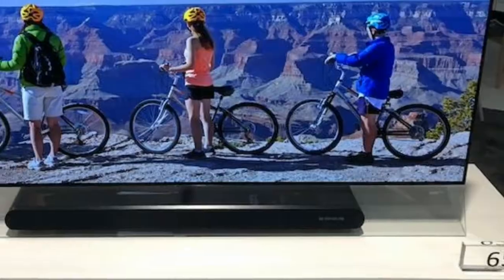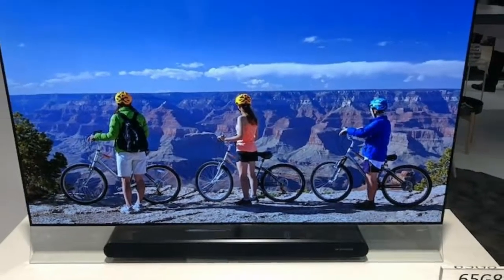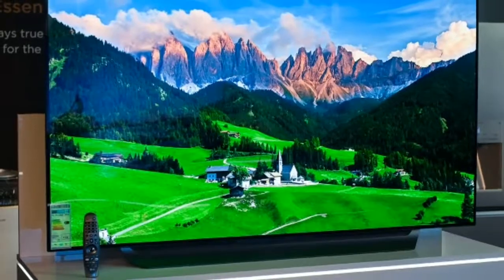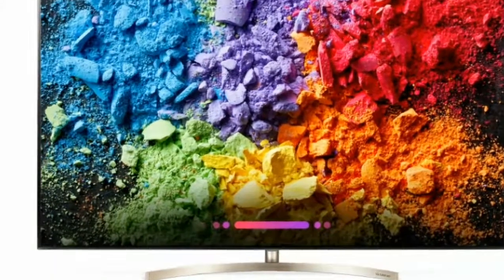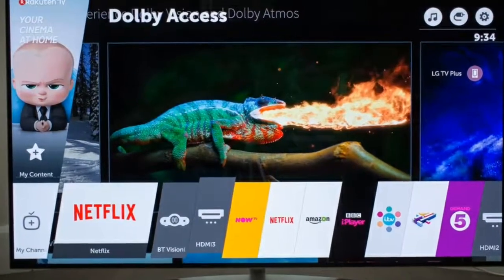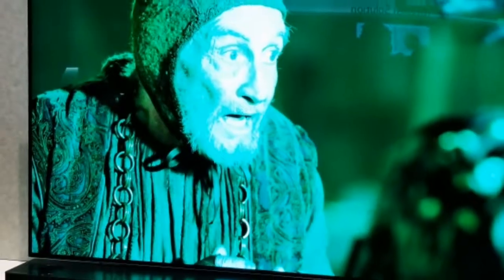If you're looking for other ways to control the C8 besides simply using the Magic Remote, there's the option of LG's Effective Remote app. There's also voice control, which uses a microphone built into the Magic Remote and has been upgraded this year with natural language processing, making interaction more conversational. It's actually quite effective and can prove very useful, especially when searching for content. When voice controlling the TV, there are also simple guidelines built in that can be accessed using the appropriate button